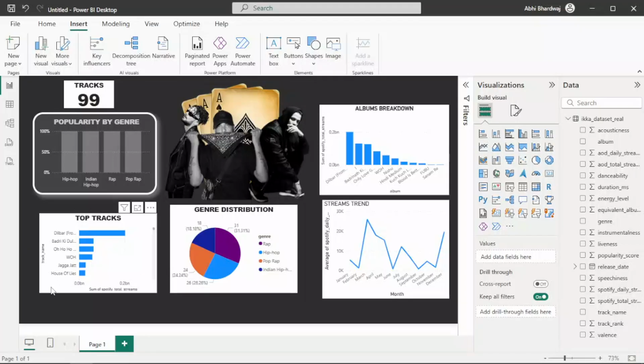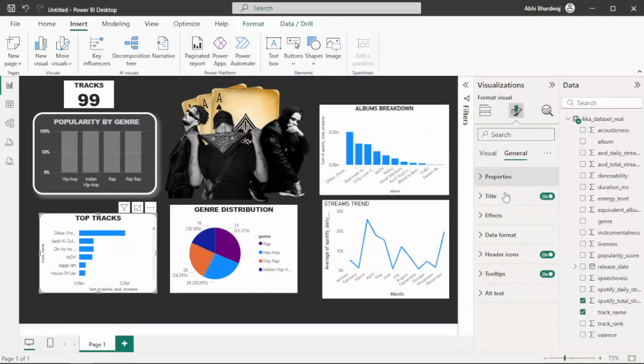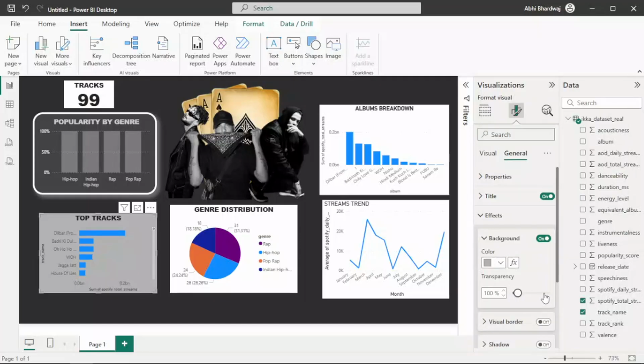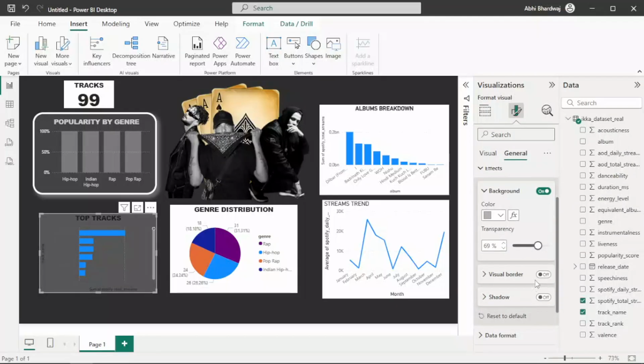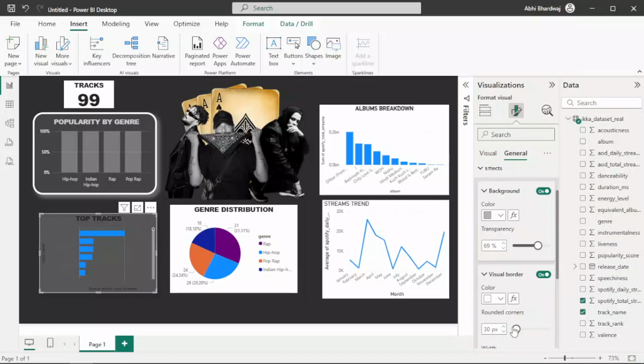Similarly with other cards, going to general, going to effects, going to color. Visual border on, shadow on, making it white, increasing the rounded corners,